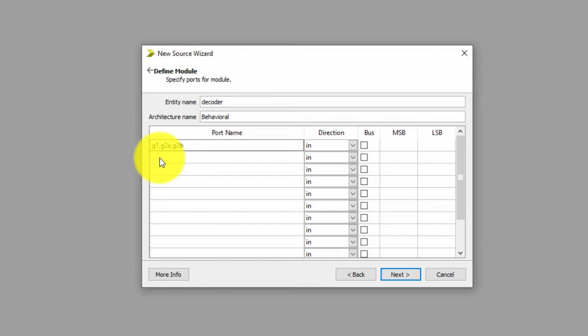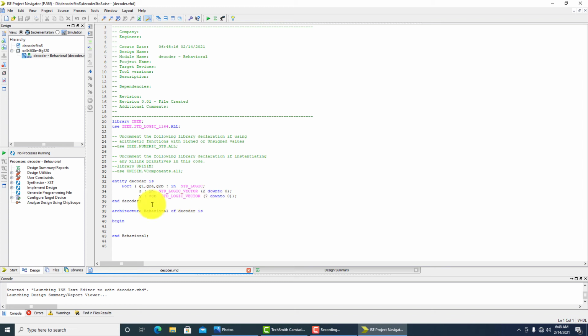Selection lines S, that is inputs 2 down to 0. Next, output Y. So I am changing input into output. Next, 7 down to 0. Next, finish. The program is generated.